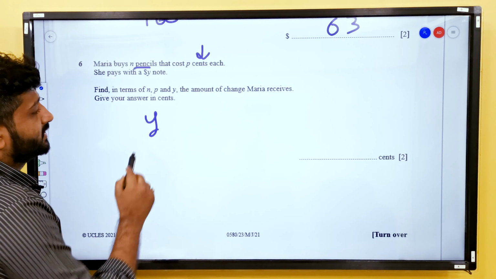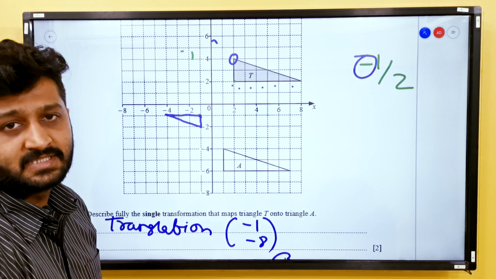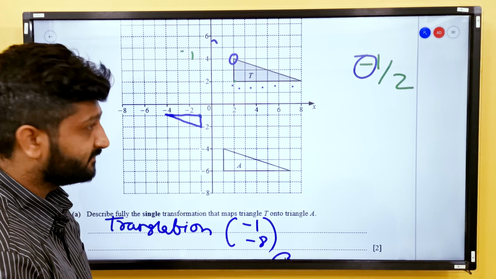Now the scale factor has a minus sign. Minus sign means we are supposed to take the mirror image, or flip the triangle. As this part was lying above this point, after enlargement it is going to lie below. So this is 2 units, and after a scale factor of half, this is going to be 1. Similarly 1, 2, 3, 4, 5, 6, this is going to be 1, 2 and 3. So this is going to be my enlarged figure, right? This is my enlarged figure.